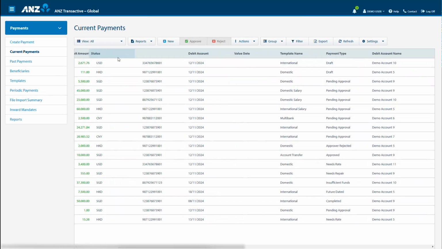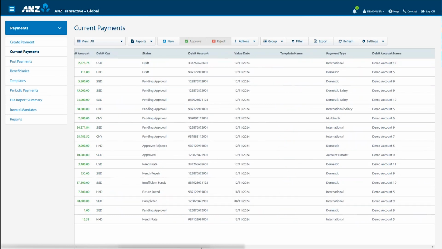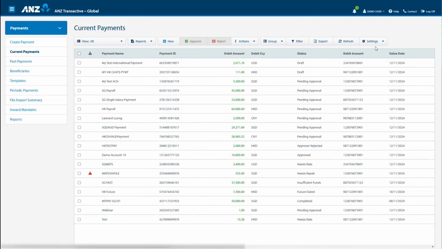Once I have relocated it to the position I would like, I click Settings and then Save to save the changes for next time I go into this menu. Later in the webinar, I will show you in ANZ Digital Services Help an article that will describe each payment